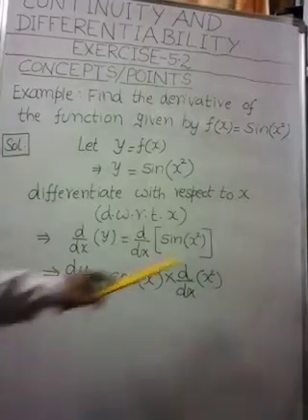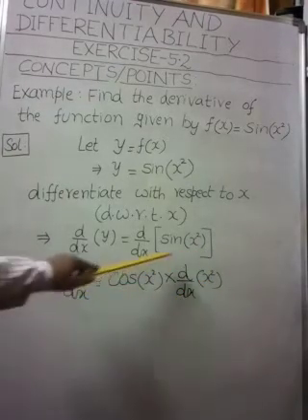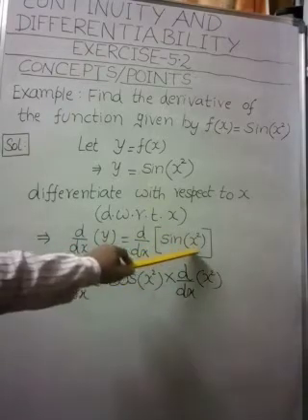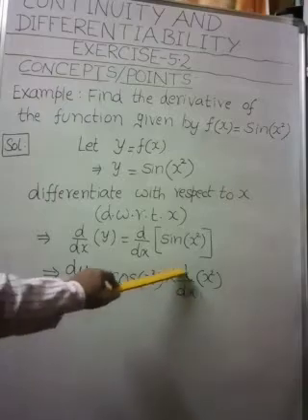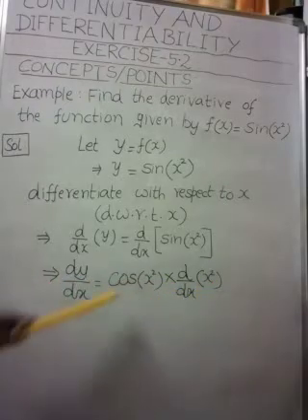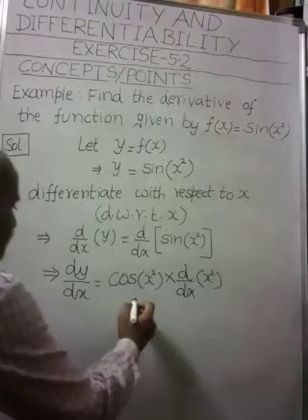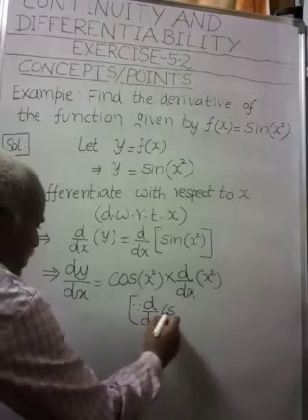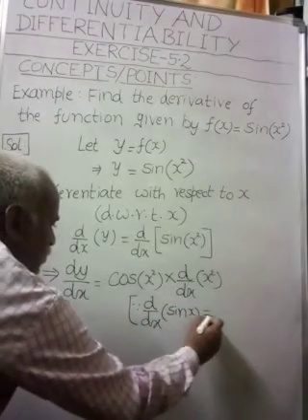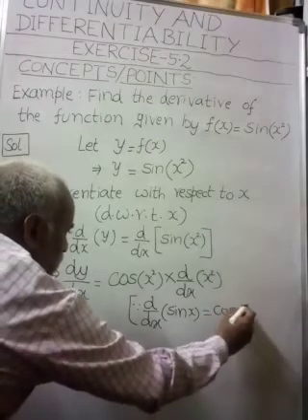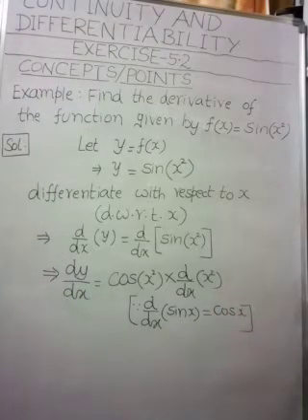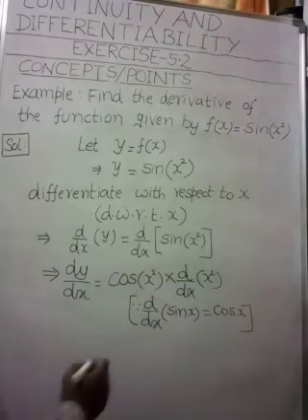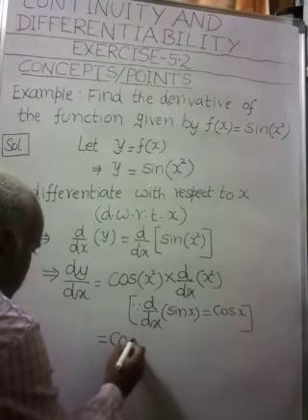Now we have to differentiate the function x square. We have taken the derivative of the sine function. The sine derivative is cos, so cos of this function I wrote as it is, into d by dx of x square. Understood this step, my dear children? Because d by dx of sin x is equal to cos x. So I wrote this step. This is equal to cos of x square